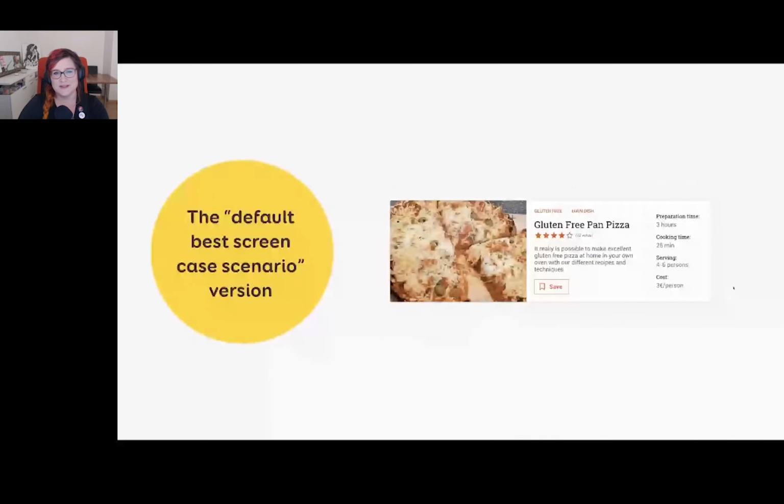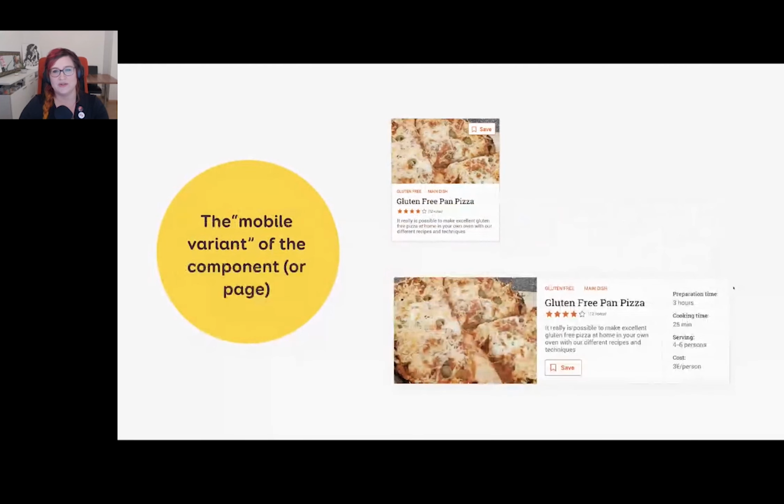So usually designers will start with one version of the component or page. And let's face it, even if we all talk about mobile first as a philosophy, most of us will start designing for the desktop scenario, whether it's pages or components. Then we say, okay, we need to provide a mobile version to the dev team, so let's design the same one as a mobile version. And then they'll implement it. Okay, mobile version, desktop version, good, all done, perfect, right? Well, until you have those in-betweens.